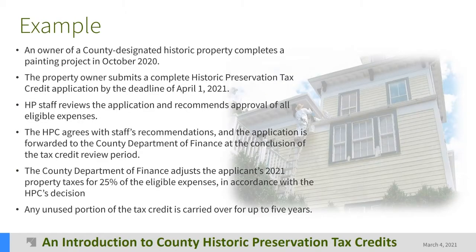And here's an example. An owner of a county designated historic property completes a painting project in October 2020. That property owner submits a complete historic preservation tax credit application by the deadline of April 1st, 2021. Staff reviews the application and recommends approval of all eligible expenses to the HPC. The HPC agrees with staff's recommendations, and the application is forwarded to the County Department of Finance at the conclusion